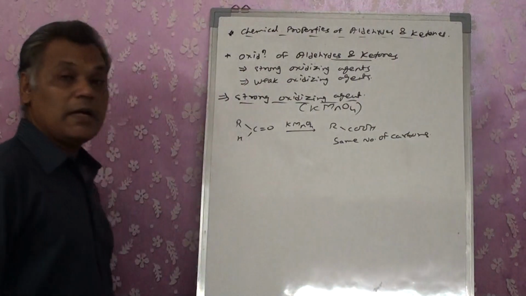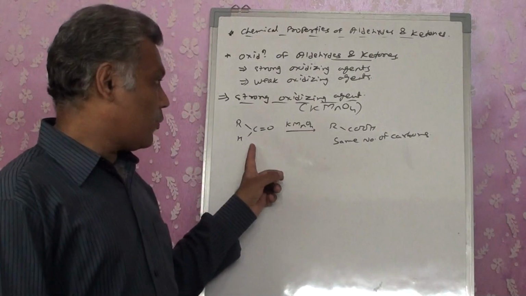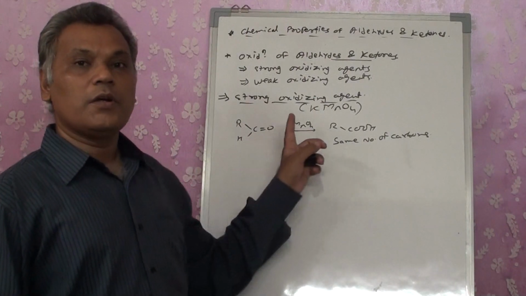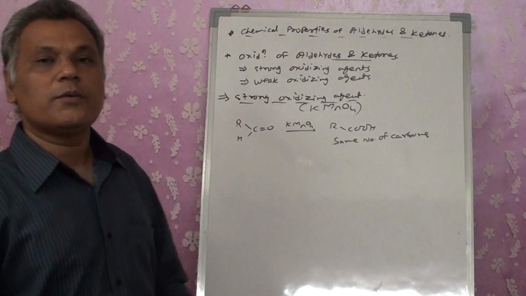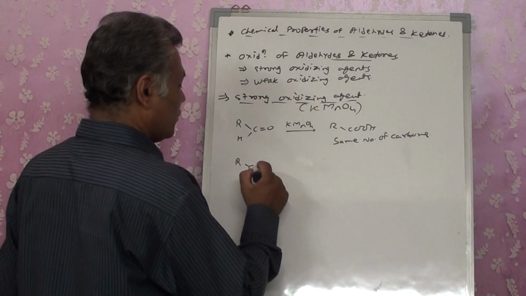Aldehyde produces acids with the same number of carbon atoms. Whatever the number of carbon atoms in the reactant, the same number of carbon atoms will be there in the product. Whereas in the ketones,